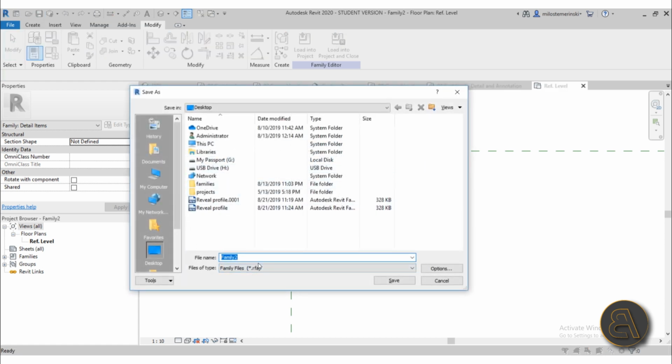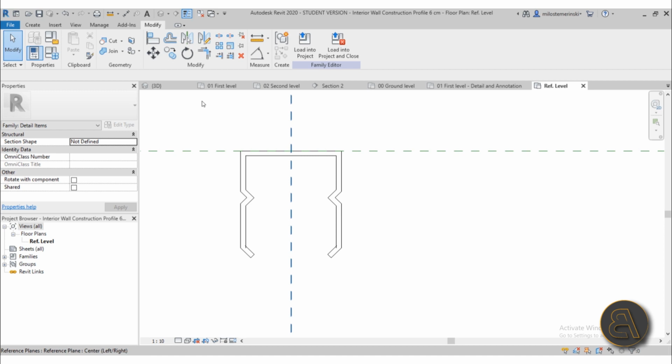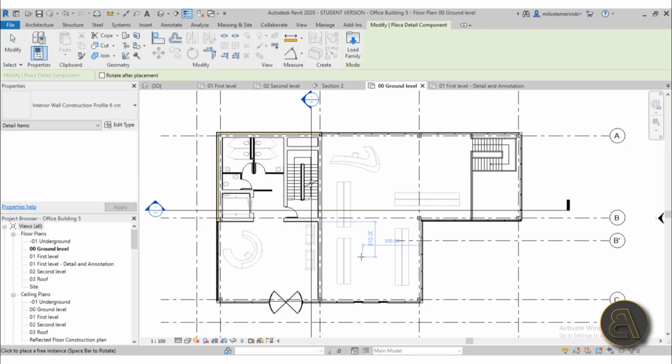it interior wall construction profile. There we go, and it's 6 centimeters, so let's leave that in. Okay, so we have this profile, and now we can load it into the project, so just go load into project and close. Okay, so once this is done, we have this detail component, and as you can see, if